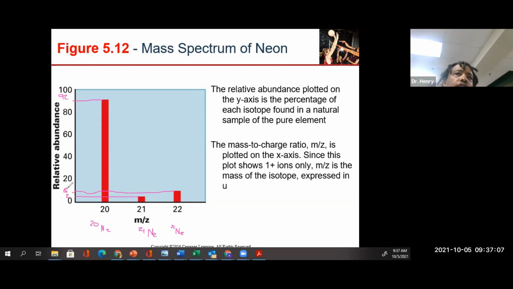Okay, so the way that our atomic mass is calculated is by taking the average of all of the isotopes together. The way that we do this is we take that percentage and change it to a decimal. So we take 90% divided by 100 to change it to a decimal, and we multiply it by our 20. So in other words, we'd have 20 times